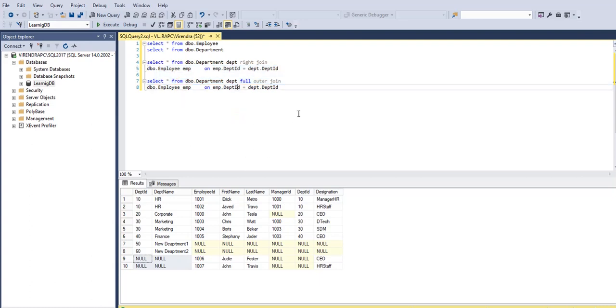There is also a type called a cross join, which we'll see in the next video, and then we'll also see something called hierarchical queries in SQL Server, or what they call common table expressions or CTE queries. You see here we have a manager ID. What if I want to retrieve the hierarchy of all the employees reporting to one manager, and then that manager reports to another manager, something like that, up to the top CEO? We'll try to retrieve those records in one single query using a hierarchical query or a CTE query, common table expressions query.